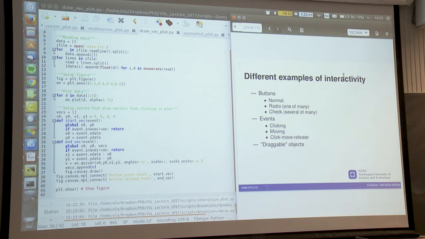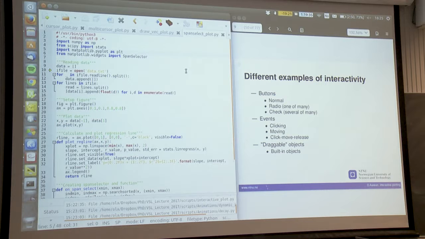Now this next one, draggable objects. They could mostly be described also as these click, move and release things, but I've sort of separated them from the rest. This is again something that you click, move, release on the plot. You have a couple of built-in ones that are quite useful. You have, for instance, what's called a span selector, which you can use to select part of your axis and do something with. The original case online was really boring because it was used to zoom in on a part of some